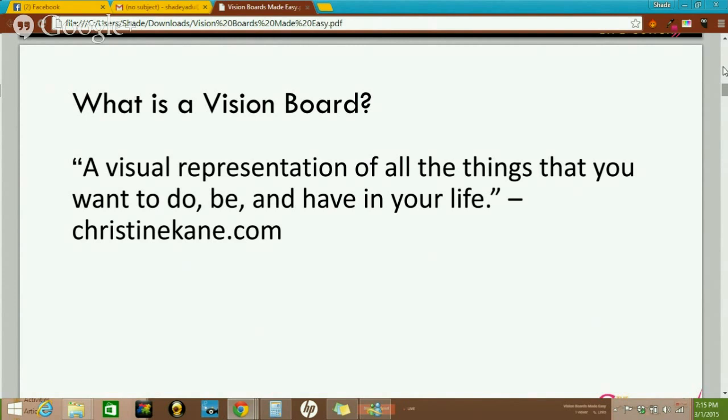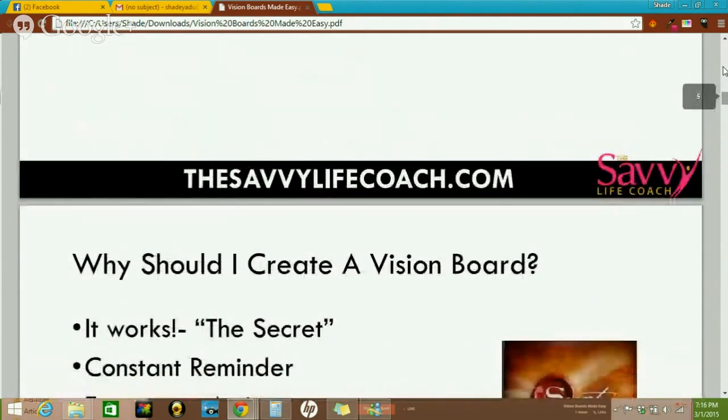And this is a visual representation of those amazing things that you want to have and do and be in your life. It's so important to know what you want, but it's also equally important to see those things happening, to see that your vision is possible, your vision is valid, and this is something that can actually happen in your life. So vision boards will take it to the next level of taking it out of your mind and give you the visual image on a piece of paper or something tangible that you can see, so it looks real and you believe it. So it's so important to know the definition of that.